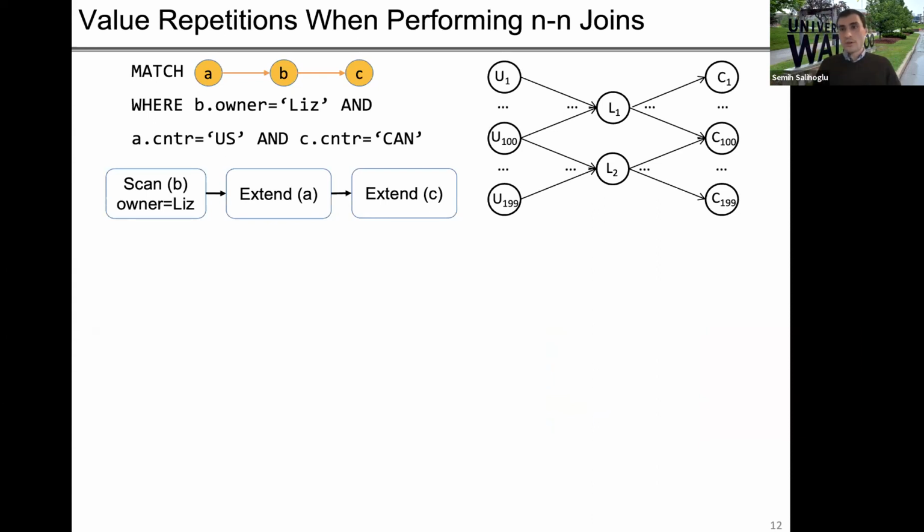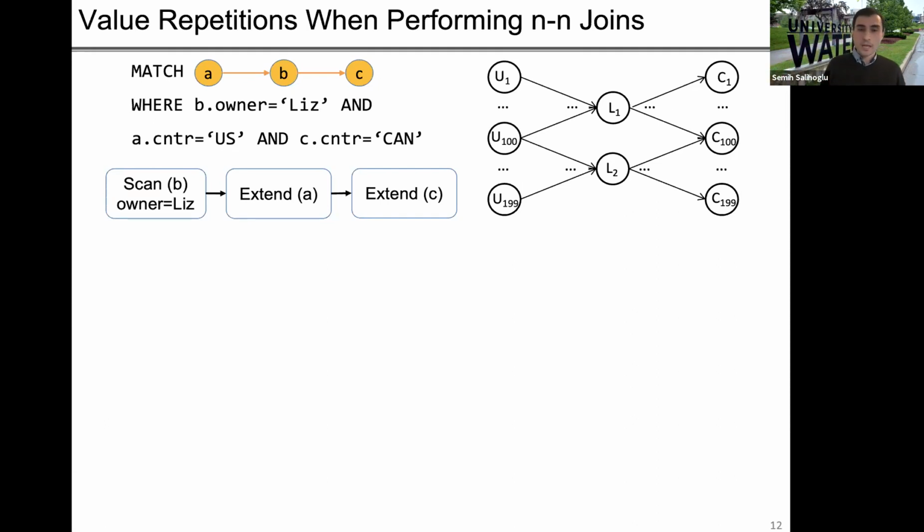Now consider this query in the context of graph database management systems. So let me tell you what the query is asking. It's asking for two paths. Again, let's think of a financial transaction network where the B node is an account owned by someone named Liz. And the A node is an account from the United States, and the C node is an account from Canada, right? And here's an input graph on the right that I'm showing. So the query is asking for money flows that Liz's accounts might be facilitating between the United States